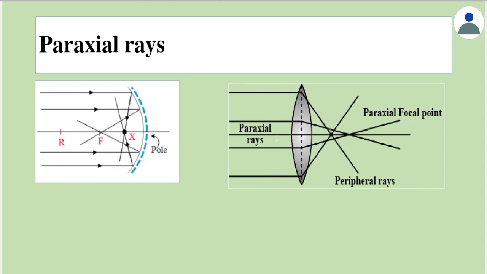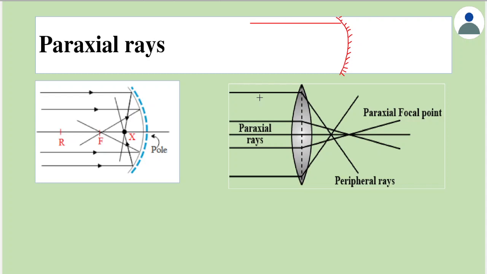In diagrams, we cannot draw such light rays because it becomes difficult to understand from the drawings. So in the diagrams, we will draw the light rays far away only. That is, if it's a concave mirror, we will draw light rays far away also. This is to make things understandable, but what I mean is that these are nothing but paraxial rays. It is just that the representation is not clear, it's not correct.